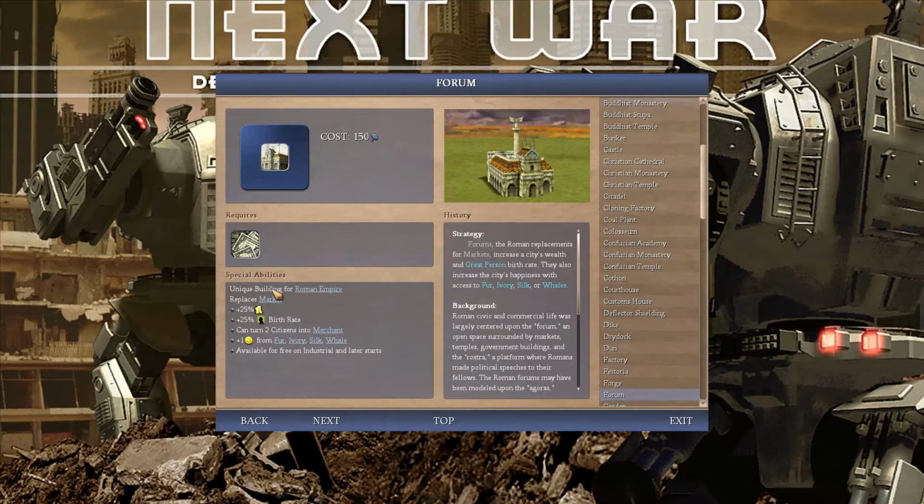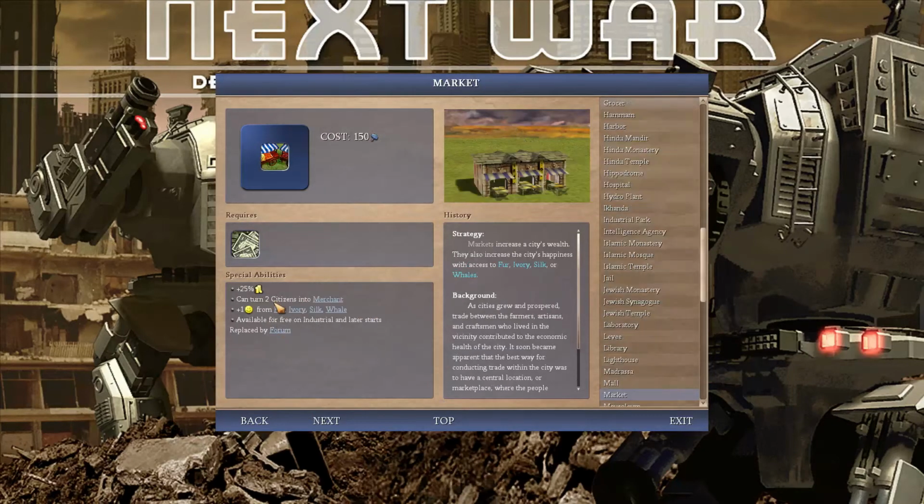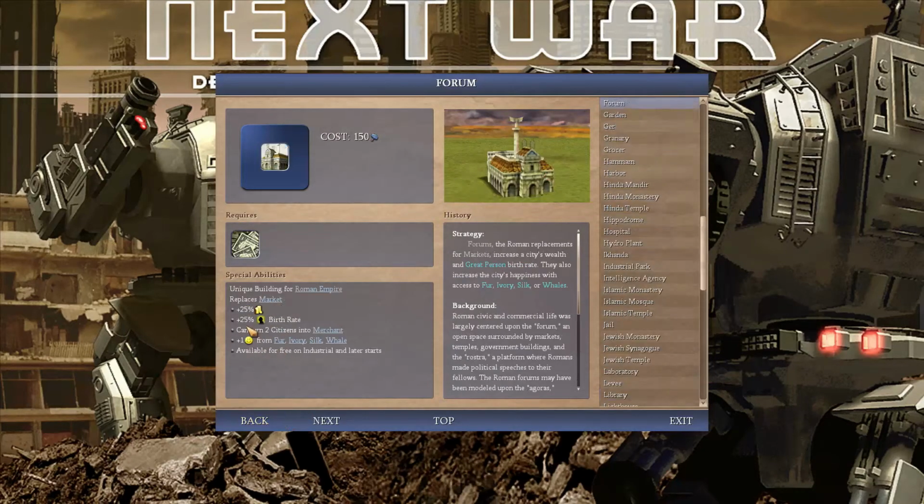Their unique building, I believe this costs the same, and it gives 25% birth rate. I don't think that's very good. Especially because markets, when they come on the scene, are extremely expensive. And it only gives a 25% boost to birth rate, which early in the game, you're gonna have like +3 for one